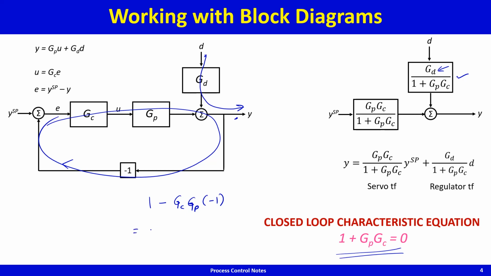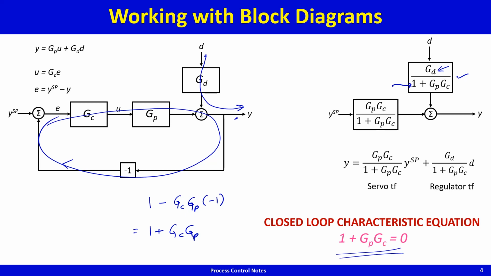So this guy turns out to be 1 plus GC GP, and you can see that's the denominator right here. So the tentative rule that I am proposing for feedback loops is go from the input to the output. The numerator is going to be all the transfer functions in this input to output forward path. Denominator is going to be 1 minus the product of all the transfer functions that you encounter in the feedback